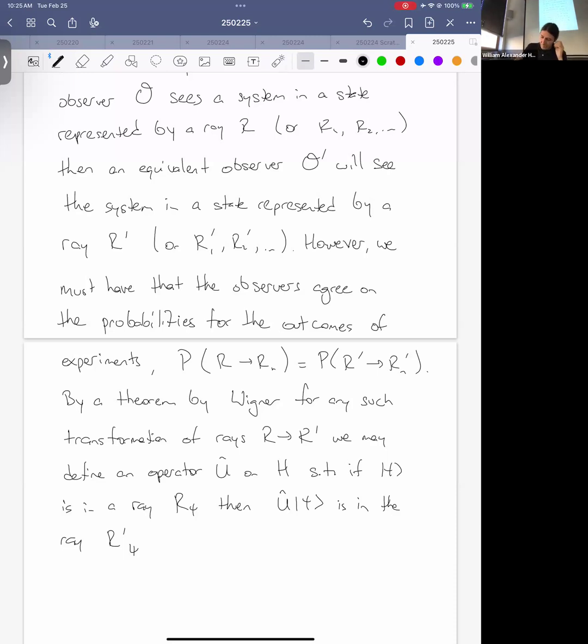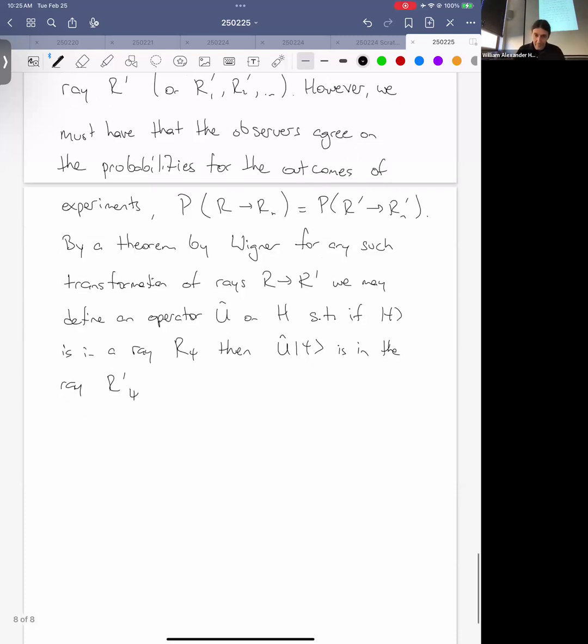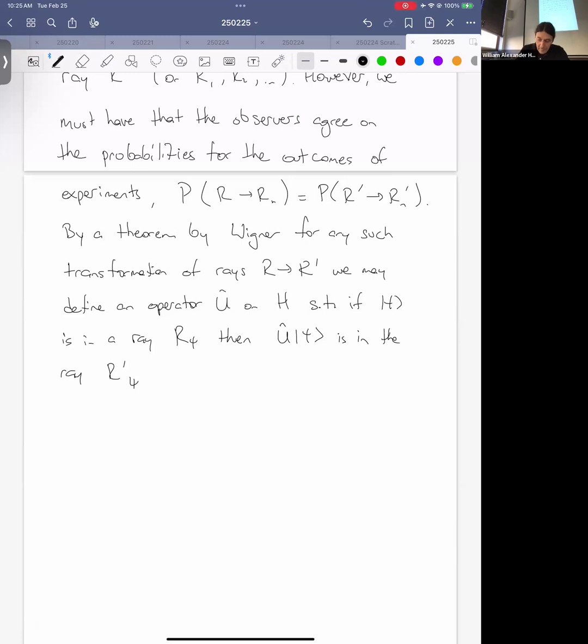Right, so if I have a symmetry transformation, then I have an operator where the state that's representing the system by observer O is taken into a state that's representing the same system by the observer O prime. That's what a symmetry transformation does. And that's the mathematics that is doing that for us, this operator U on the Hilbert space. This operator exists. Further, with either